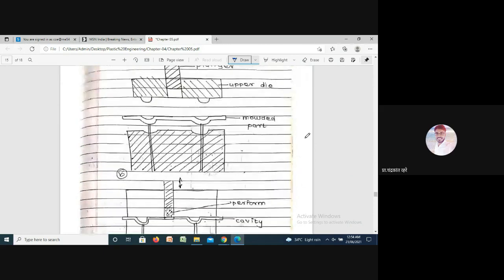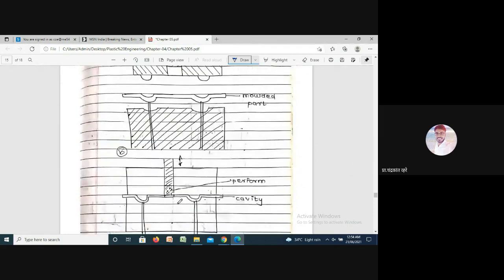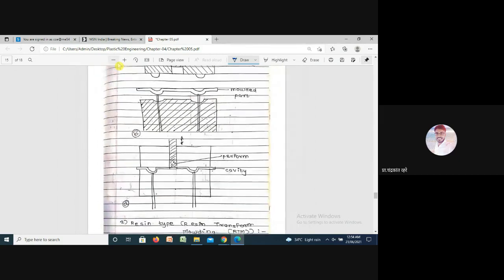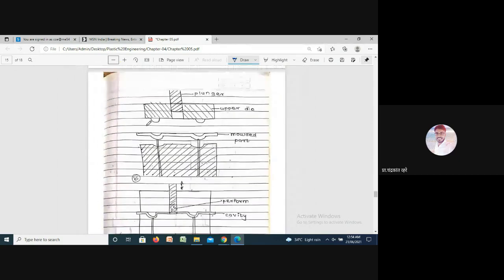If you see here, this is a plunger. This is the upper die. This is the molded part, and from these holes or lines we can use the ejector. So how is this going to work?